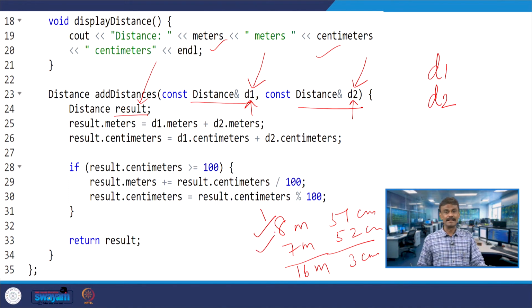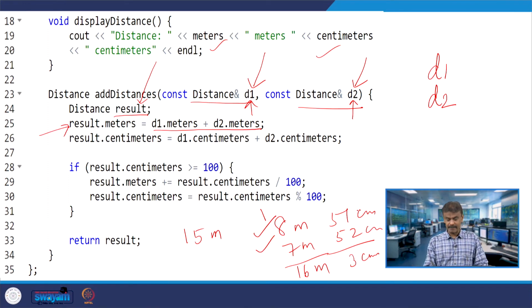So we should get 16 meters and 3 centimeters if we add these two distances. Now logically you have to write it. First, D1 dot meters and D2 dot meters will be added, and that will be stored in result dot meters. For example, 8 plus 7, 15, up to line number 25.